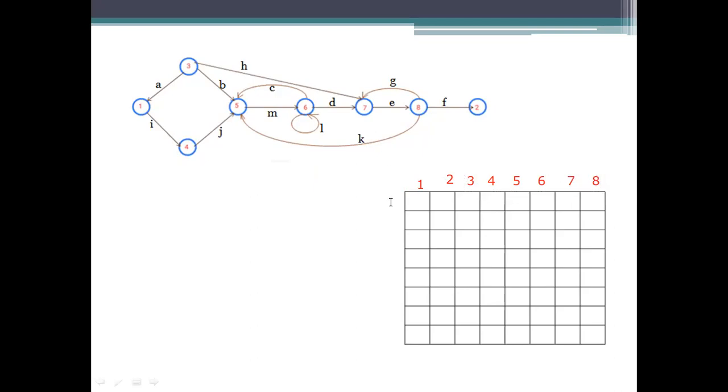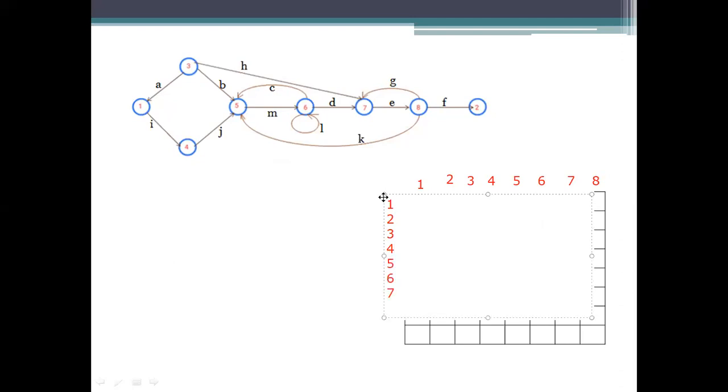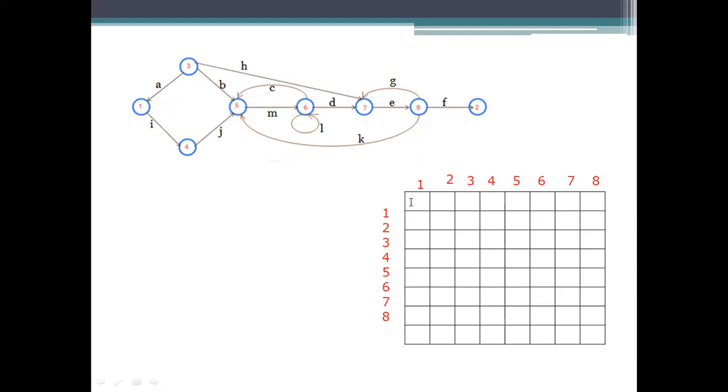Okay, and now here 1. From 1 to 1 is there a connection?